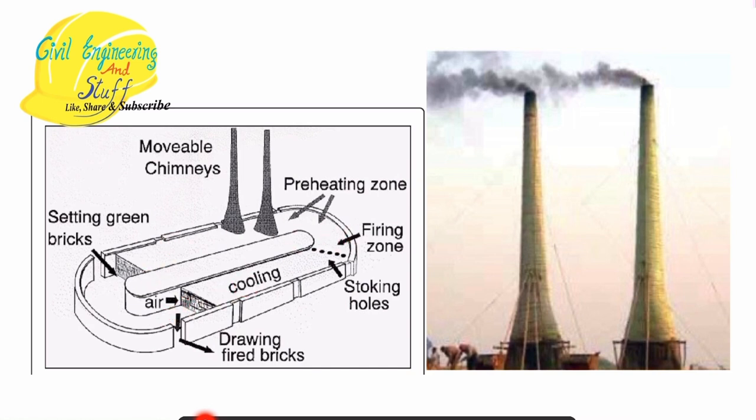Okay, so these are two of the major continuous forms of kiln that are used for the heating of the brick. Okay, so these are the structures that are used for the burning of the brick. We have the clamp structure, which is basically a more economical form of burning structure, right? And then for better control of the heat and for the most sophisticated design, we have kiln burning, and through that we have the Hoffman kiln and the bull trench kiln. Okay, so these were the structures for the purpose of burning of bricks.